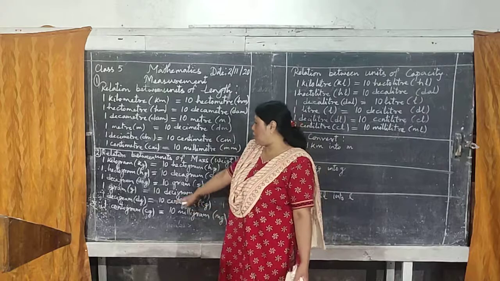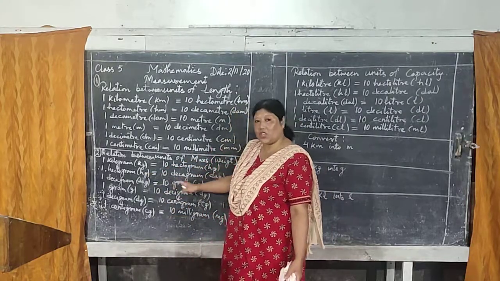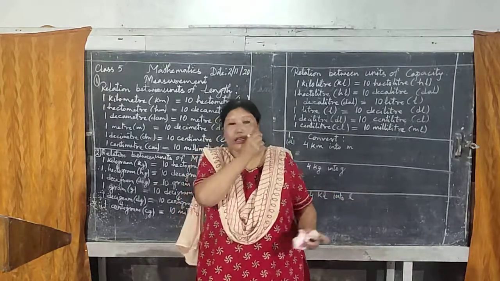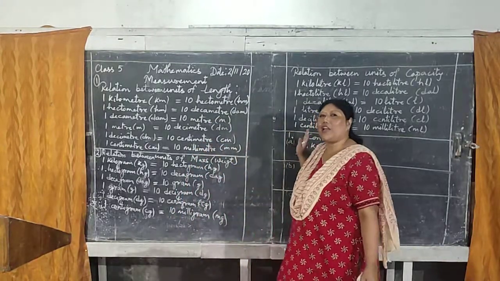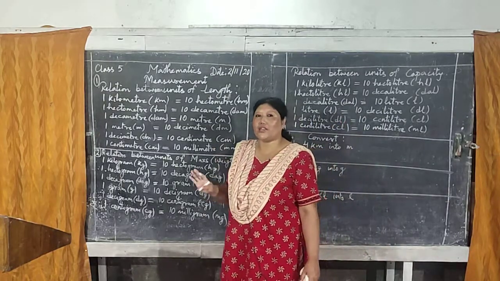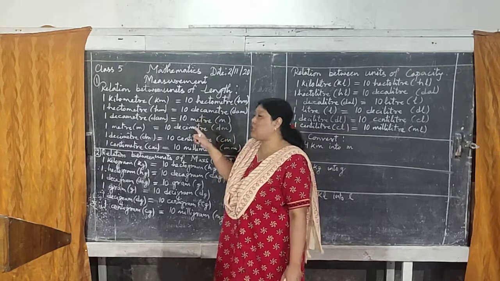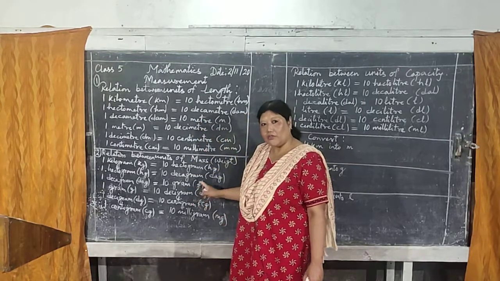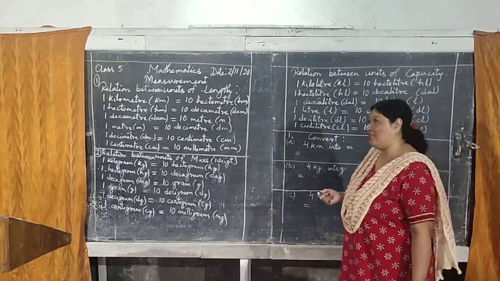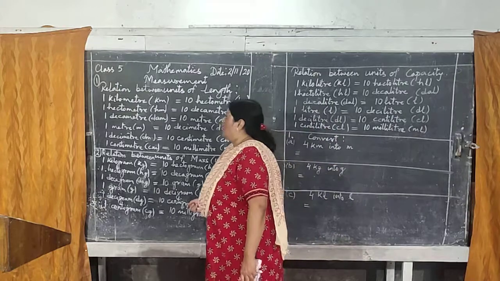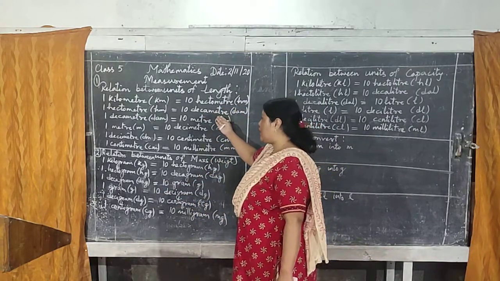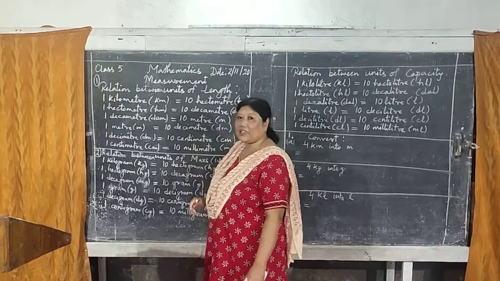Here also the same thing, only this one has been changed. Instead of meter, it is gram, and in this case, liter. Same relations, no change at all. Only that instead of meter, you have to write g for gram, and L for liter. That's all. Now, when you are asked to convert kiloliter to decaliter, sometimes decaliter to centiliter,